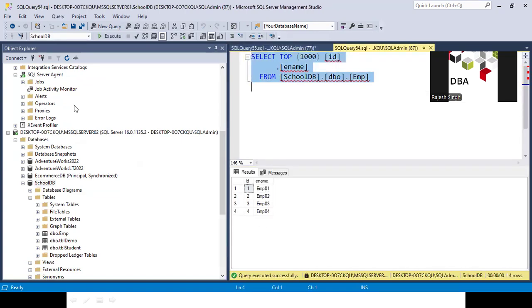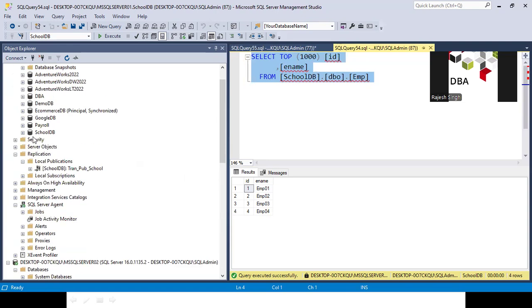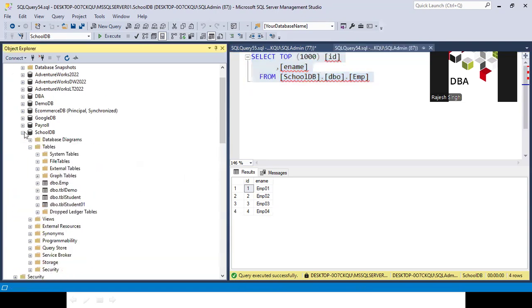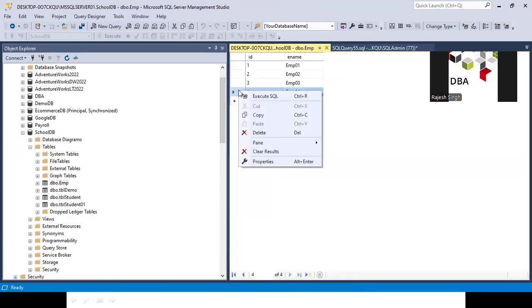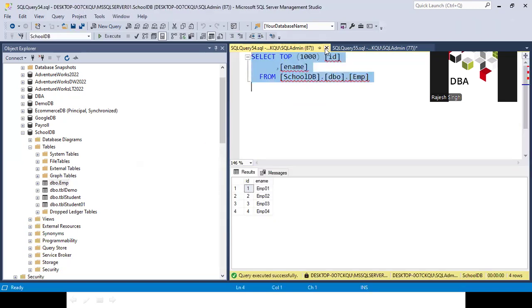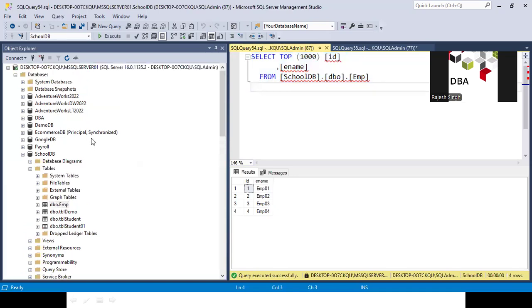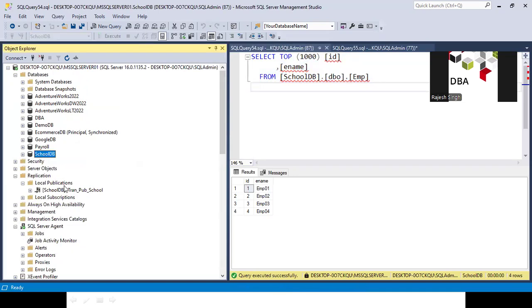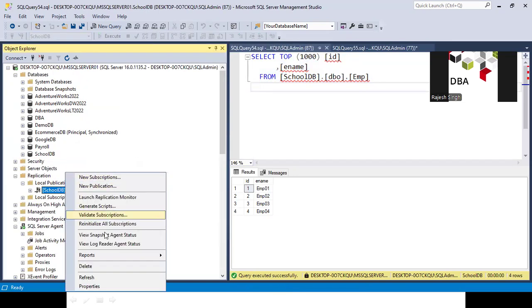Now I'm trying to delete the data from the publisher. So what issue will occur, you can see now. Let me edit and try to delete the fourth record. I'm deleting this record and now we'll get our issue. If you check your agent for now, I think we have to wait a few seconds.